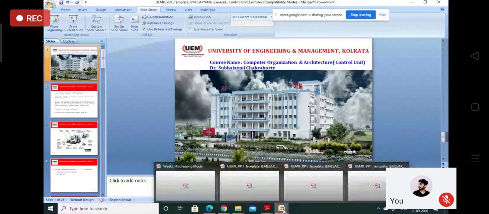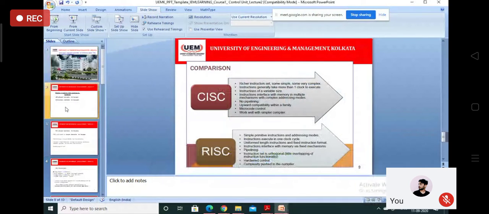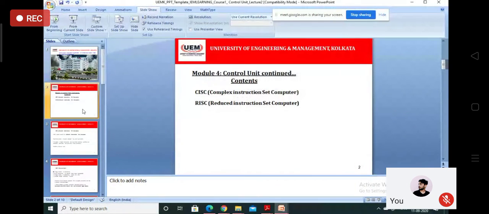Now, the second thing that I would like to say is RISC and CISC. I will not take too much of your time. You feel bored, I know, because it's a theoretical subject and it is nearly the end of the day. So there are 2 things I told you. Question number 1: explain the characteristics of RISC. Explain the characteristics of CISC, and write down the differences between RISC and CISC. 3 types of question. Please note it down.